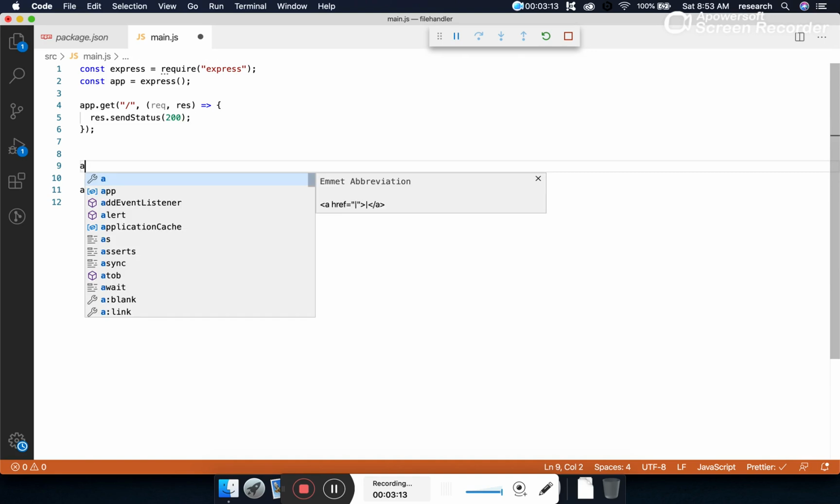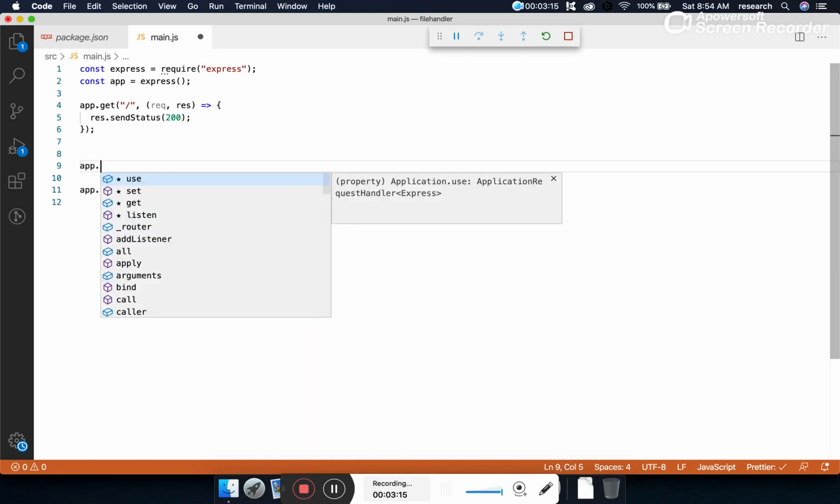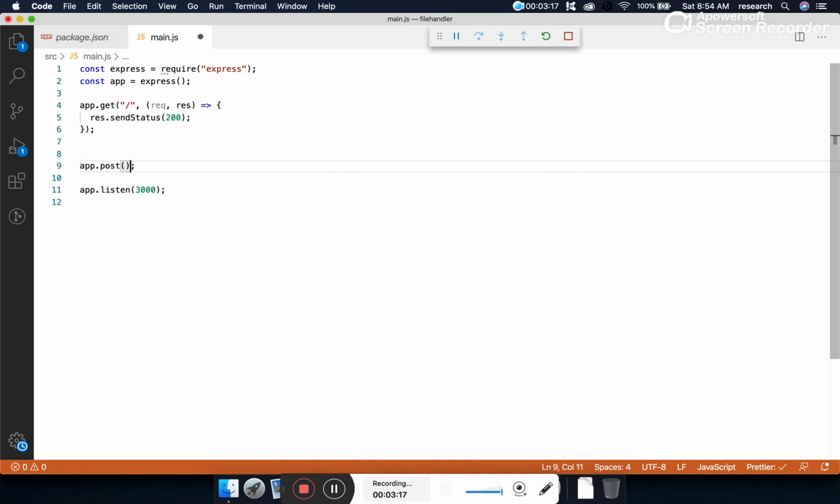Now in this episode, our task is to upload an image, and the upload happens by creating a post API. That's the fundamental of the HTTP methods.